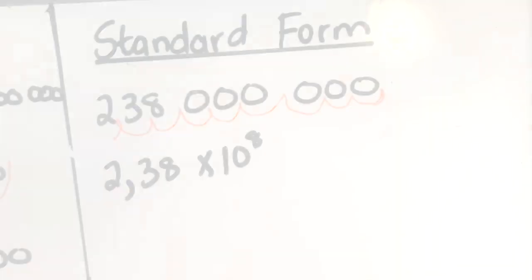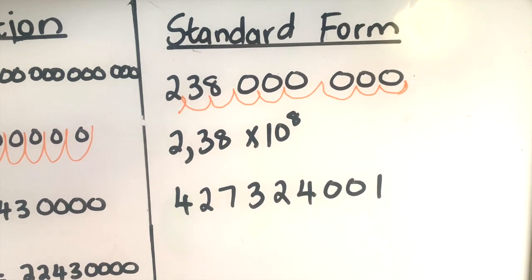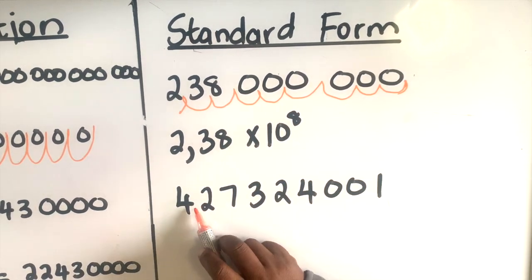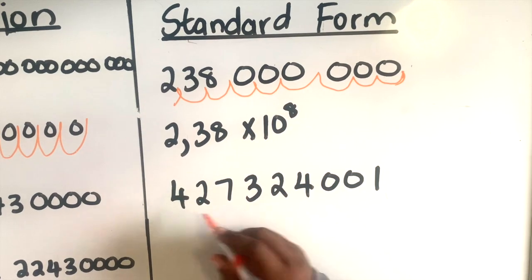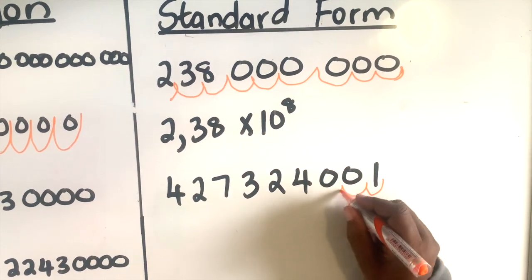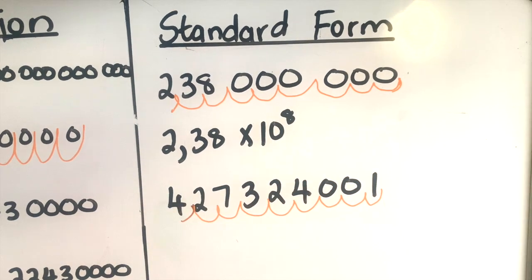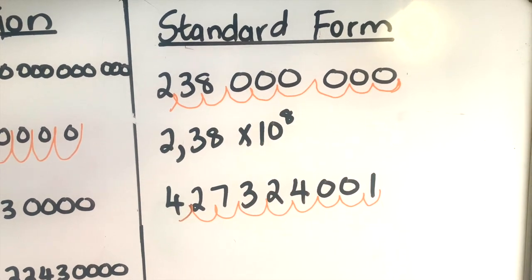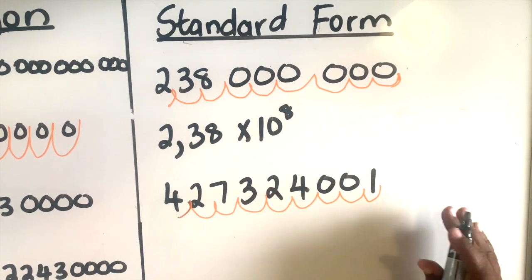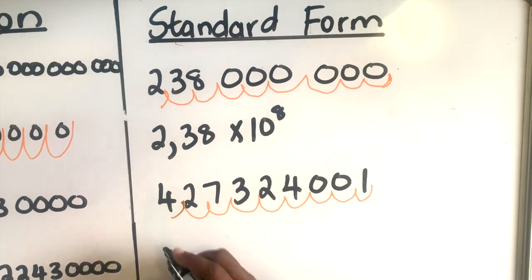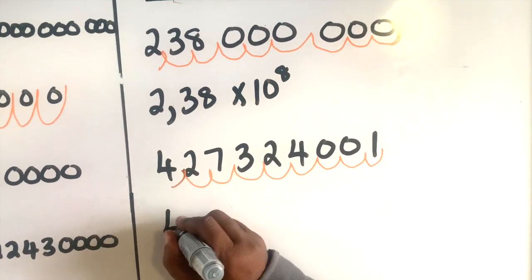Let's look at another example. Okay, with this one, we're going to move the comma until one digit. So the comma will be here. Let's count. 1, 2, 3, 4, 5, 6, 7, 8. So the comma will be there. So when you write, you don't do this in your exercise book. You do it in a scribbler somewhere. When you come with your answer, you go